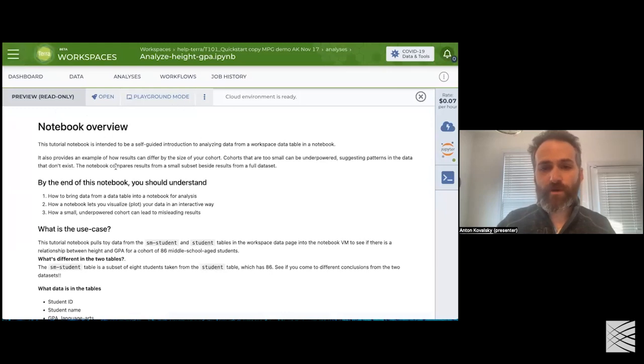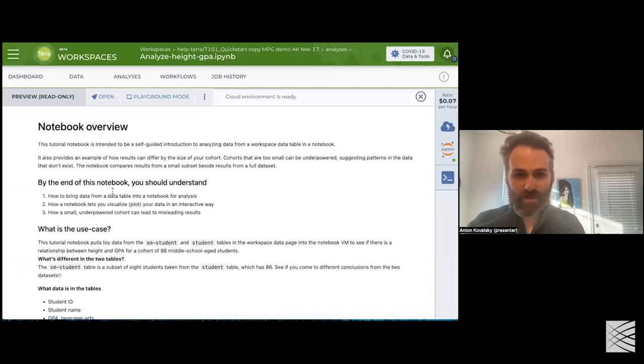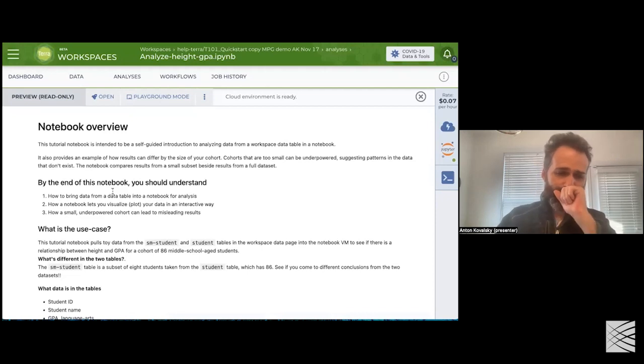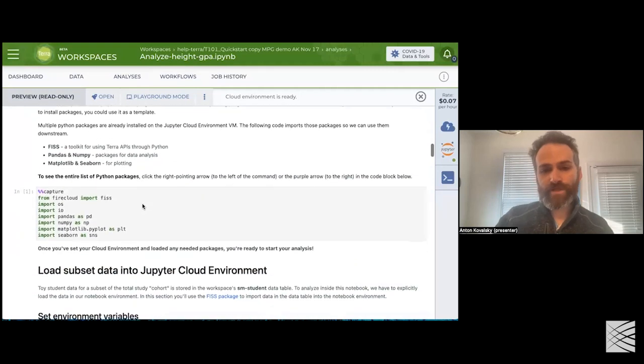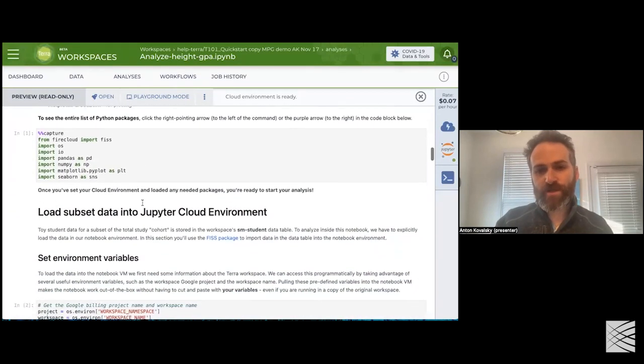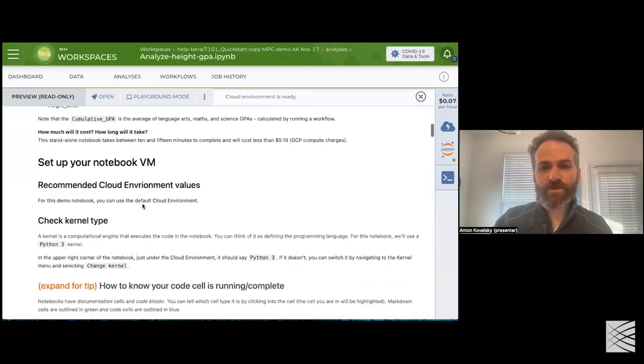So I clicked on the notebook, and right now I'm looking at the read-only preview version. This read-only preview is available to you even if you have nothing more than viewer access to a workspace. So you can go to a public workspace without cloning it. Excuse me. And you can go to the Analyses tab and click on any notebooks that are in there, and you'll be able to see the read-only preview, which is nice from a public workspace perspective,